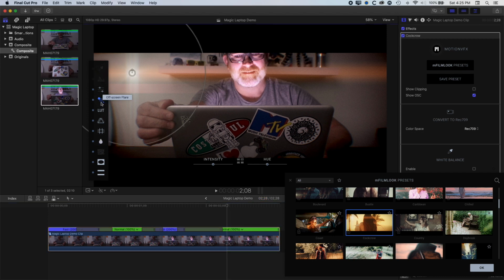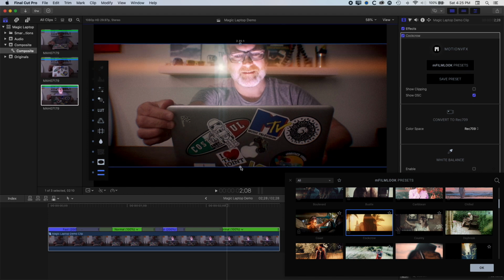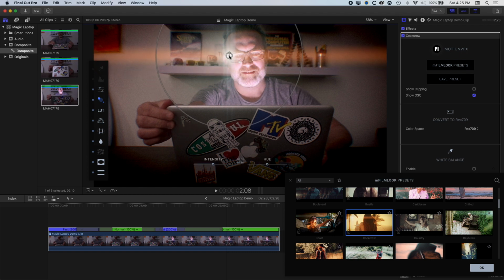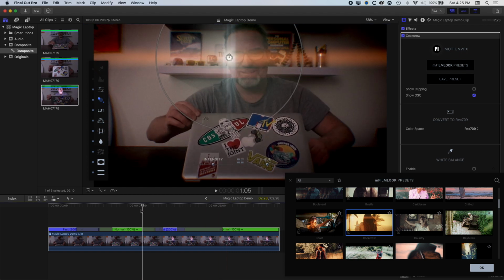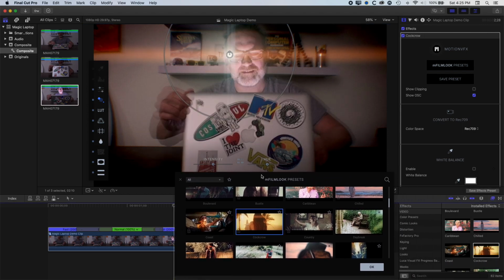We have this flare that we've got at the top left, and we can move that around. We've also got the letterboxing here, which actually I want to remove for this particular clip. I don't want any letterboxing for this one, so we can take that off. And I'm going to add this to the top left of my glasses, so just when this pops on, and I'm going to come into my options here on the right,